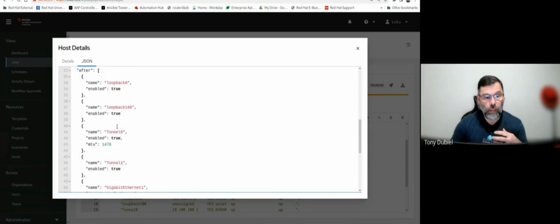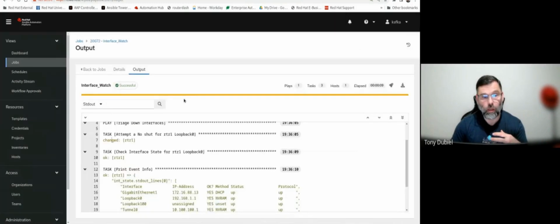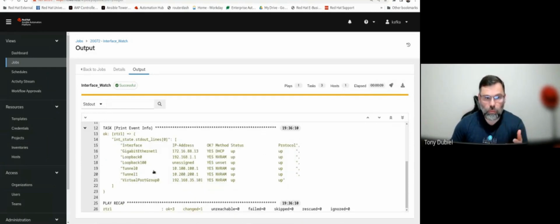And then that culminates into the next piece that we see here where we wanted to validate that step to ensure that it worked. And in this case, it did because this show interface command shows us our interfaces. And at loopback 0, we can see that not only is it enabled, but it's also up and running. So if that were down, then we may want to continue to troubleshoot. In addition to that, it sent a